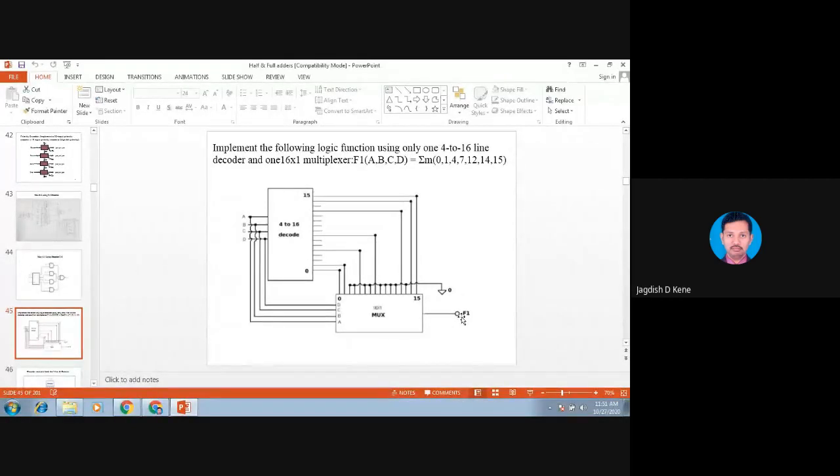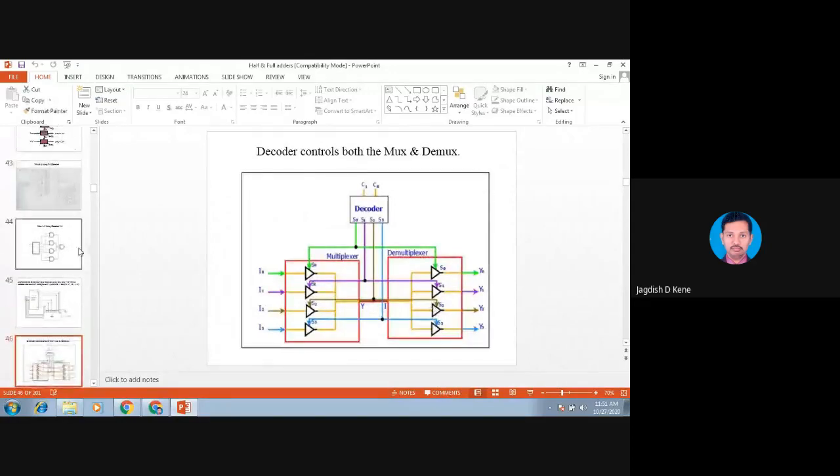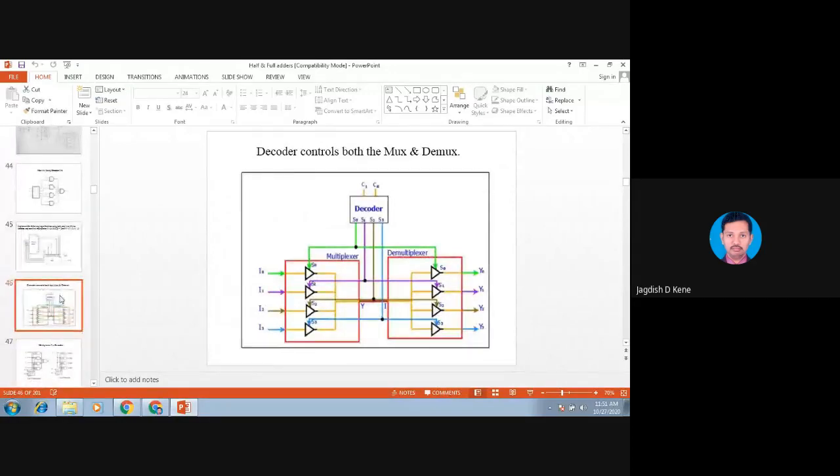Okay. So after taking all these examples, what are we going to control? We are controlling the multiplexer and demultiplexer. But by using what? By using a decoder. A decoder is a device which is used as a controller because it has control pins as the input port, and it will control the outputs generated by this decoder. So here, by using a 2 to 4 decoder, I am controlling a 4 to 1 multiplexer as well as a 1 to 4 demultiplexer.